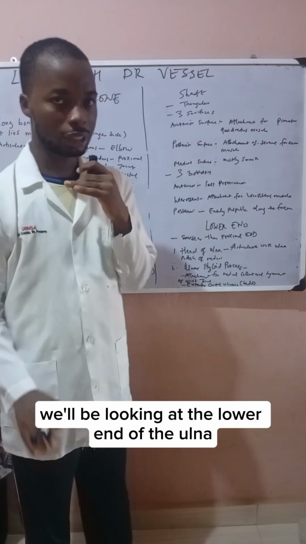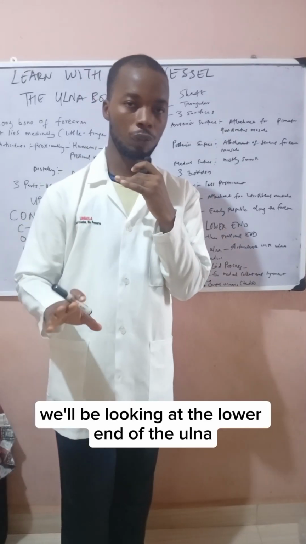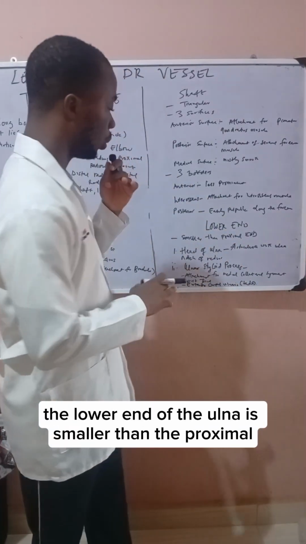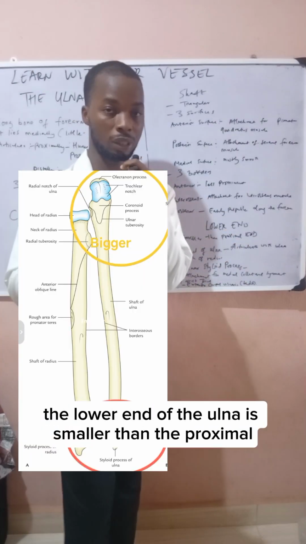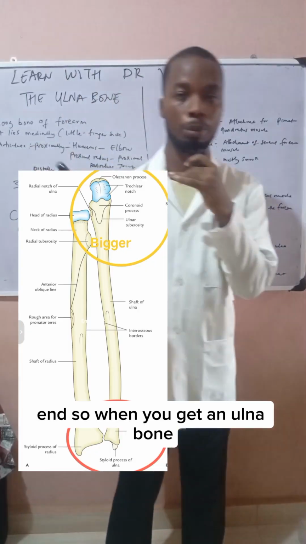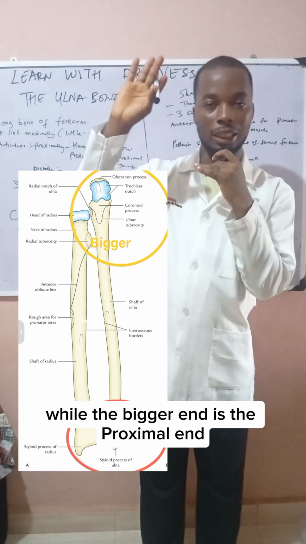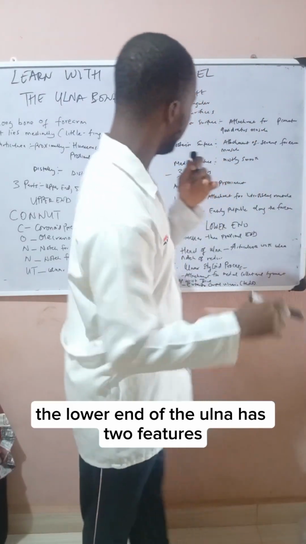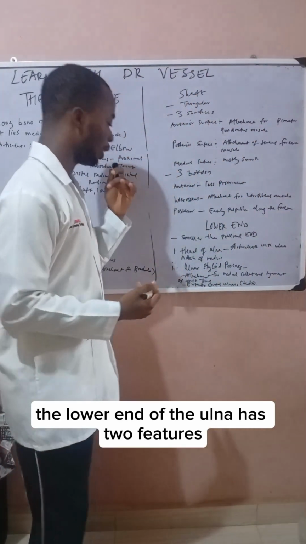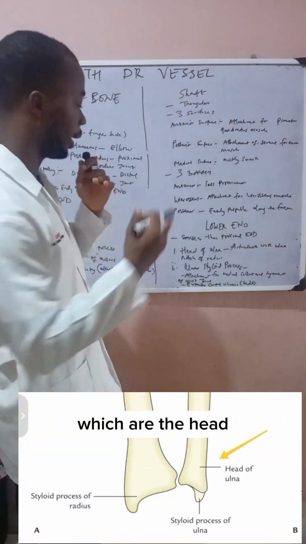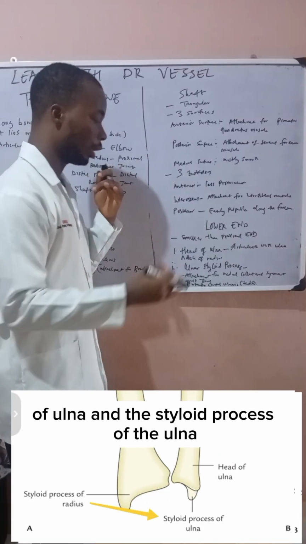The next we'll be looking at is the lower end of the ulna. The lower end of the ulna is smaller than the proximal end. So when you get an ulnar bone, the smaller end is the distal end, while the bigger end is the proximal end. The lower end of the ulna has two features, which are the head of the ulna and the styloid